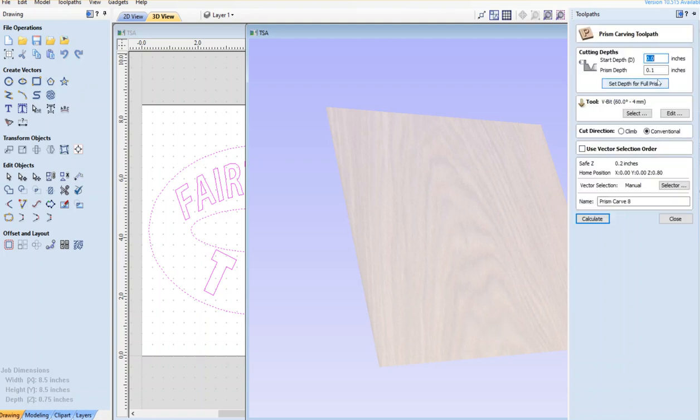And we don't want to do this too much. We want to only carve it. The depth of the prism will be about 0.1, or 1/10 of an inch. I'm afraid that if you carve it a little bit too much, it's going to be ugly and unrecognizable. So that's why we want to go with this. And also, one of the things you want to check out is the